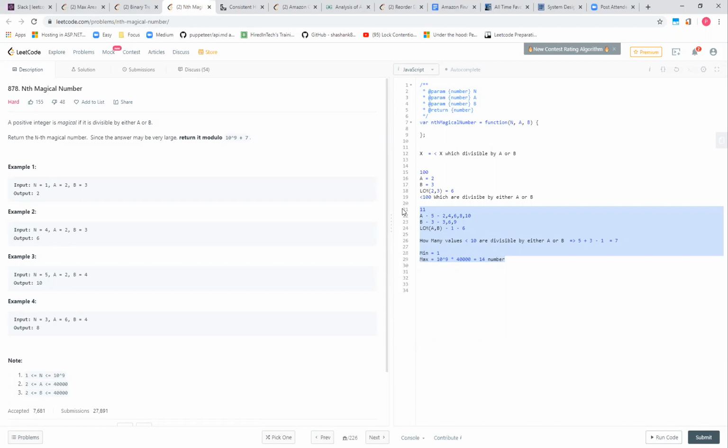Can we use binary search here? So we know the minimum. We know the maximum. We know the bounds for the binary search problem. Right? We can choose a mid element, okay, and then apply this formula to find out what is the position,